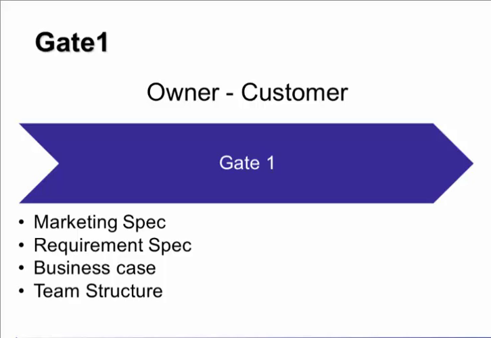So it could be from a third party, it could be from an internal customer, it could be from various points. But anyway, whichever it is, you have a set of documentation that puts requirements into place. So in other words, it gives you a specification on how the system is to be sold, a marketing requirement, a marketing specification, a requirement specification, in other words, what the customer wants from the task,